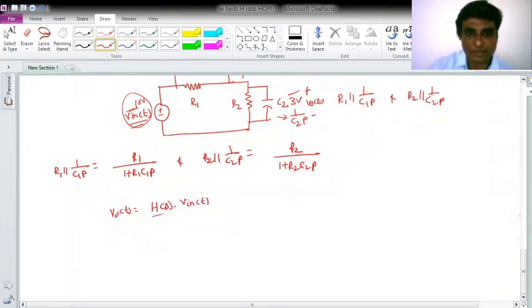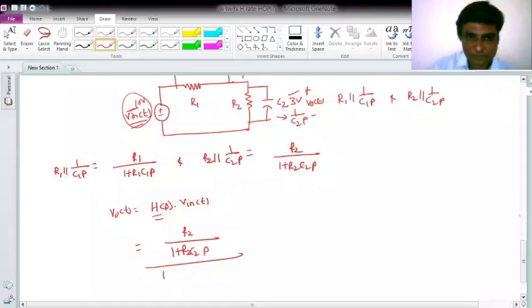Okay, and what I have to obtain is H of p. So for that, if I would like to obtain V0 of t, again we will use the same voltage divider circuit. So H of p can be written as R2 over 1 plus R2 C2p